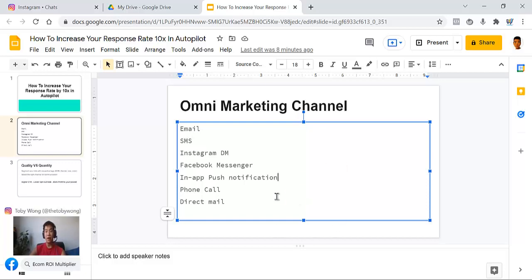And the next one is phone call. Now, for phone call, I would not recommend people to build the same list as SMS, but to send out an automated phone call like some insurance agents or realtors who just record a message and then dial the number automatically, saying when you pick up the phone: Hi, would you like to sell your house? If so, press 1. Otherwise, please hang up. So it's